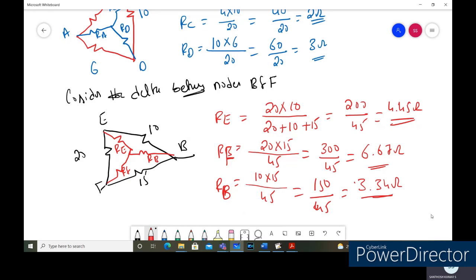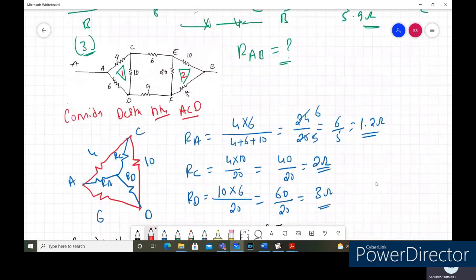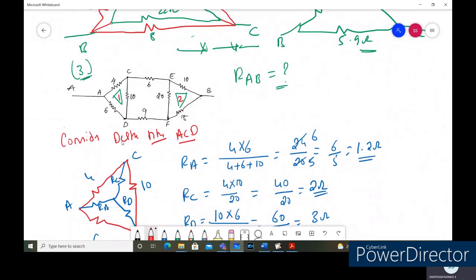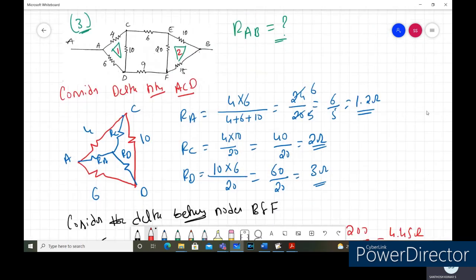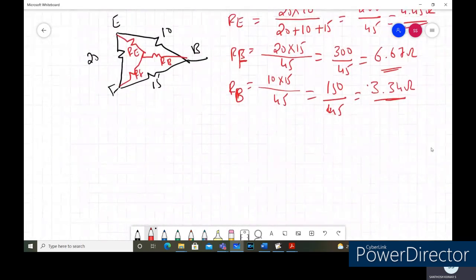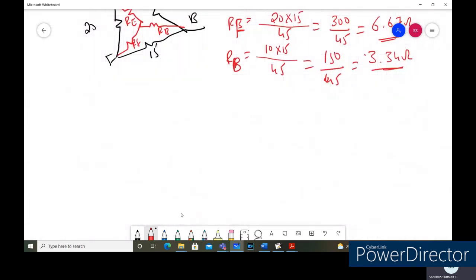Now what we can do is, in this part of the network, between the ACD and between the BEF, we can replace with the equivalent star one. So I'll construct the network without this delta part of the network by leaving the delta part blank here. So we'll replace with the star network here. So we'll consider that one. So what we'll do is